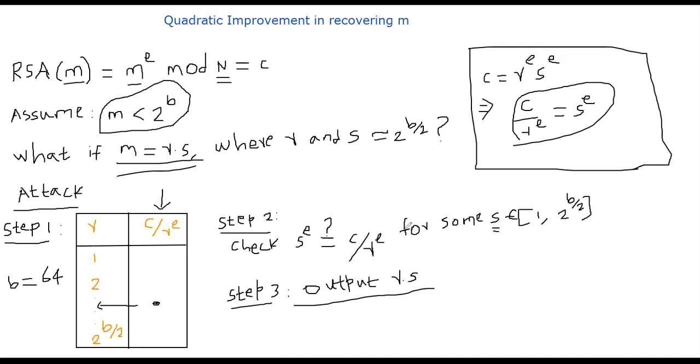There is some small difference in the implementation. I compute R power E separately, and then I use the C to divide R power E, because I wanted to show to you that out of 10 messages, how many of the messages can I decrypt. Not all messages will be able to be written like this, right? So those messages that can be written, we can decrypt. All right, let's get started. I'll show you the implementation details a little bit.